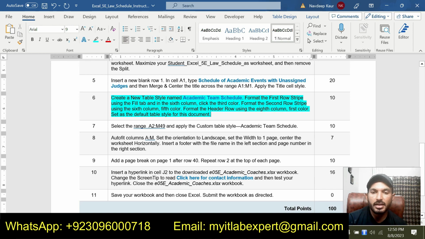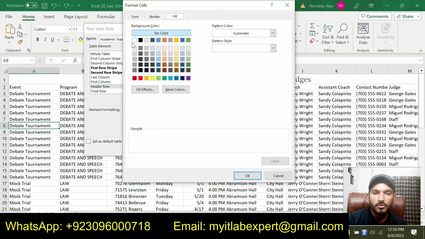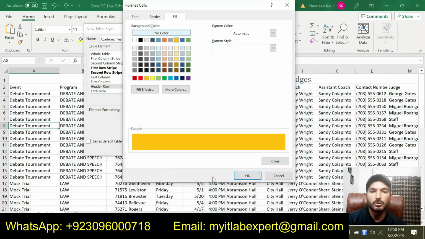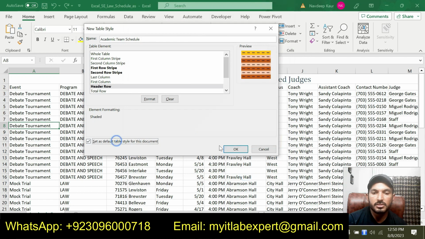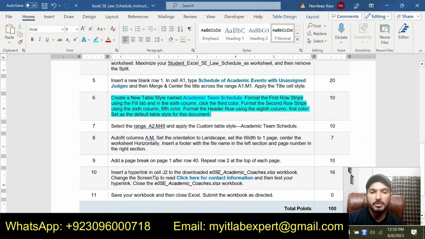Format the header row using the 8th column. Header row, where is header row? Using the 8th column: 1, 2, 3, 4, 5, 6, 7, 8 column, and the first color. Set as the default table style for this document. So that is all required in step number 6.